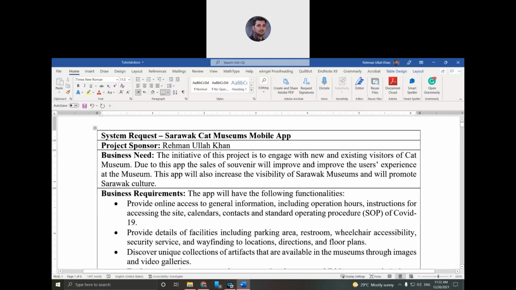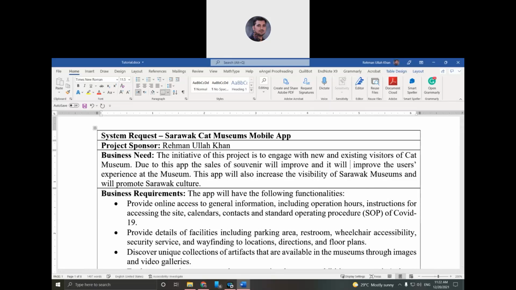Okay, and it will also improve the user's experience at the museum. And this app will also increase the visibility of Sarawak Museum and will promote Sarawak culture. So shortly, like that. You can explain in your own wordings, in your own style, and you can modify this one according to your project. Okay, so the business requirements